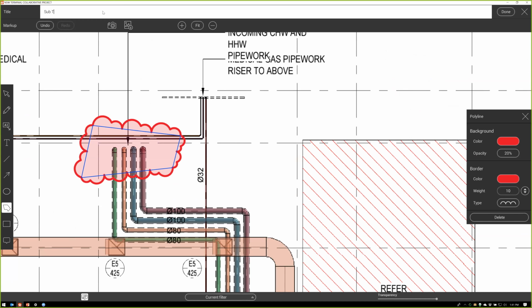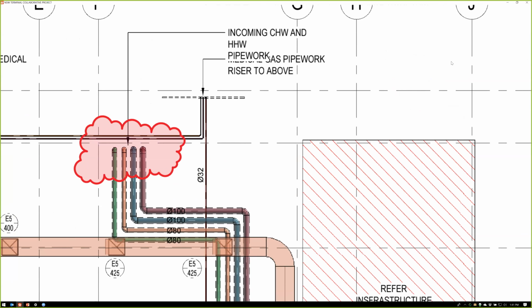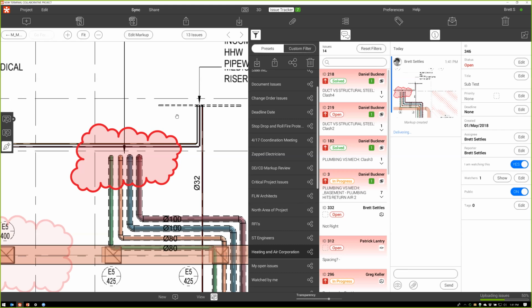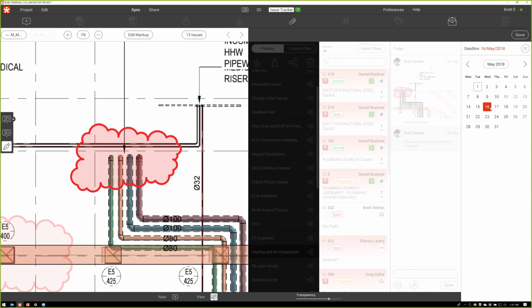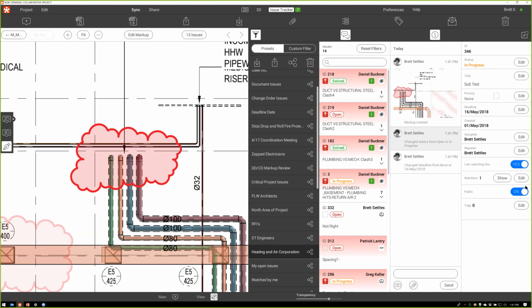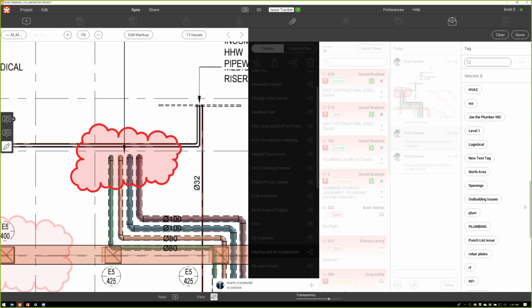I'm going to say subtest, and we're going to create that issue. Whenever an issue is created, over here, I can go through and set all the properties like I want, like we have in most everything else. But then when I get done setting the properties under tags, I can come in here and I can say,